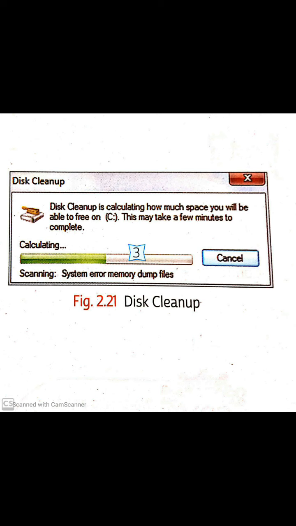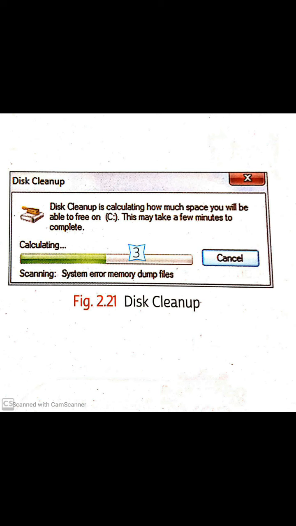You can remove some files from your downloaded program files. You can empty the recycle bin, and you can remove installed programs that you no longer use. Once you do the disk cleanup, you will get a lot of space in your computer. Even your computer will work fast.